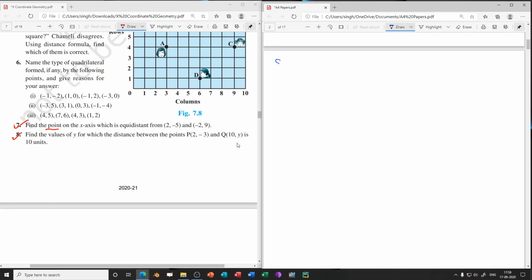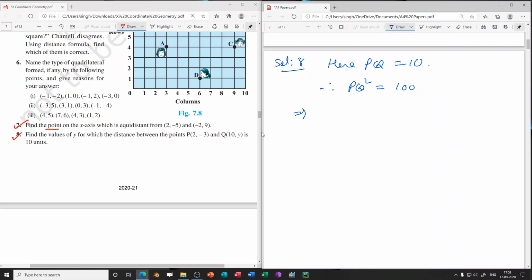Question number 8. So we'll be solving the 8th one. PQ is equal to 10. Therefore we can say the square of PQ, that is PQ square, will be 100. So this implies, now PQ square is nothing but we have to find the difference between the